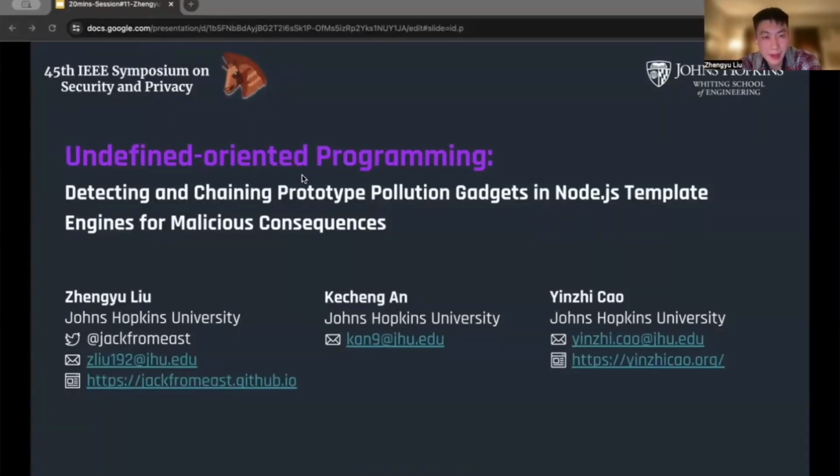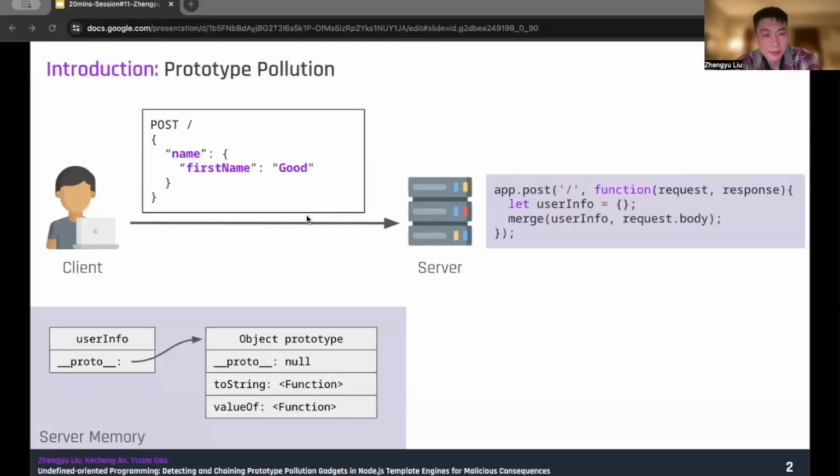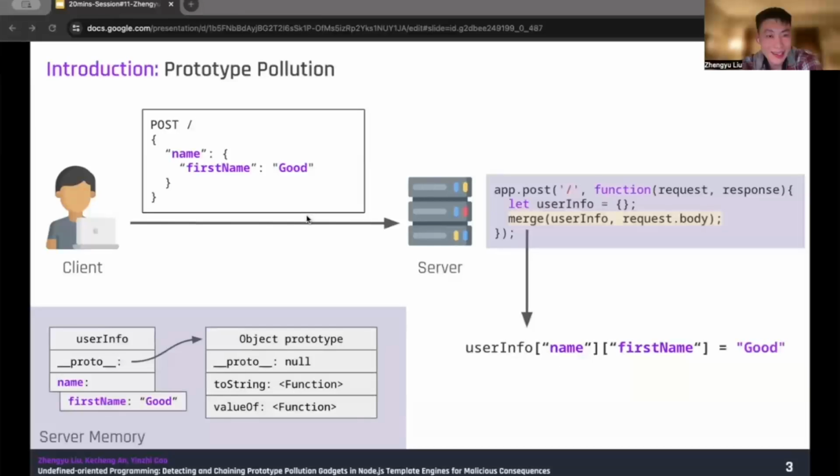I'm happy to present our work, Undefined Oriented Programming: Detecting Chain Gadgets for Platform Vulnerability in Node.js Template Engines. Prototype pollution is a relatively new vulnerability in JavaScript. Considering a web application that's trying to update the user information on the server side, we'll likely come across this